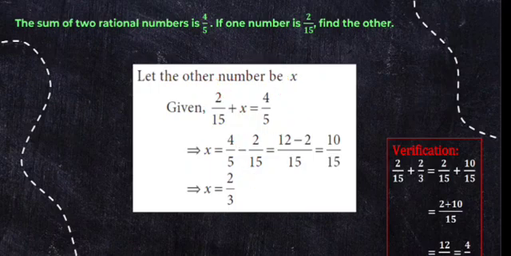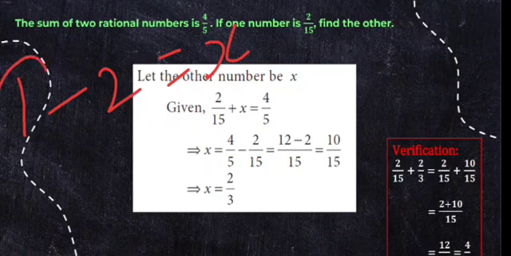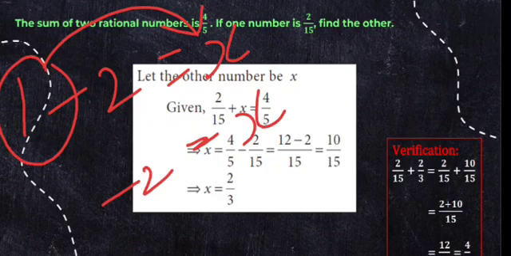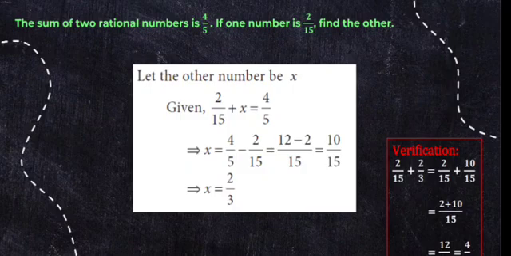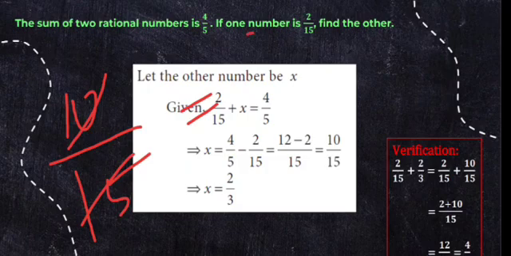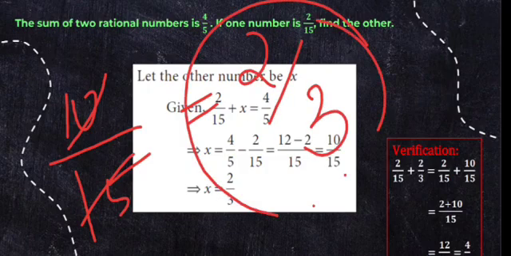We all know, if 1 minus 2 is equal to x, means if you want to take this 1 to that side, this minus 2 is equal to x. This is positive 1, this goes that side and becomes negative 1. Okay, same thing is applied here. This positive 2 by 15 goes that side and becomes negative 2 by 15, and after solving we get 10 by 15. 10 by 15 can be cancelled as 2 by 3. So 2 by 3 is our final answer.